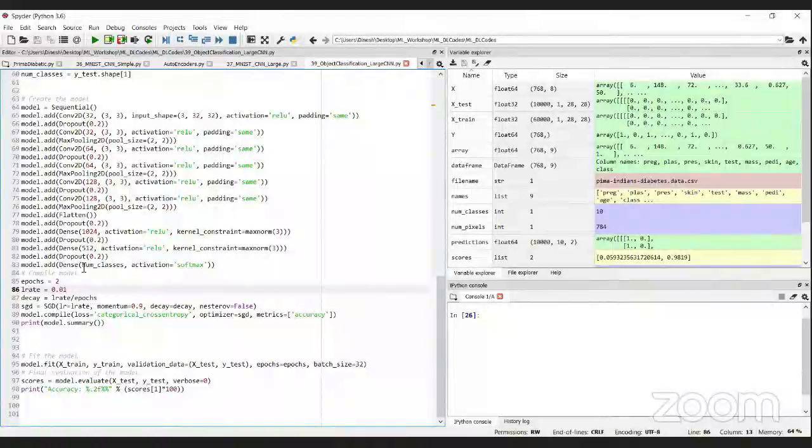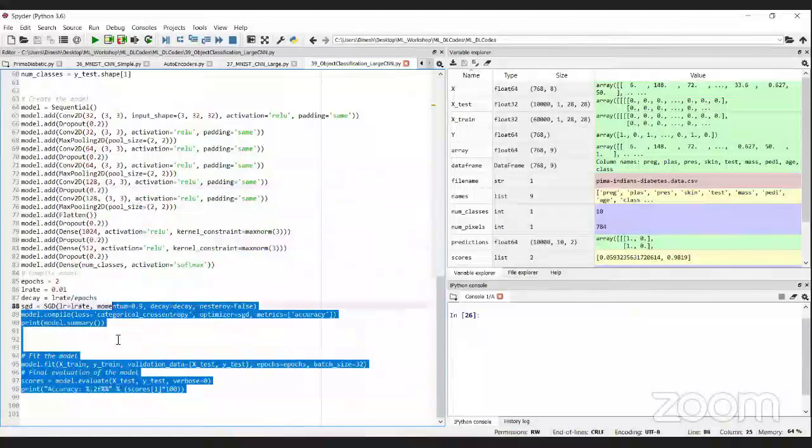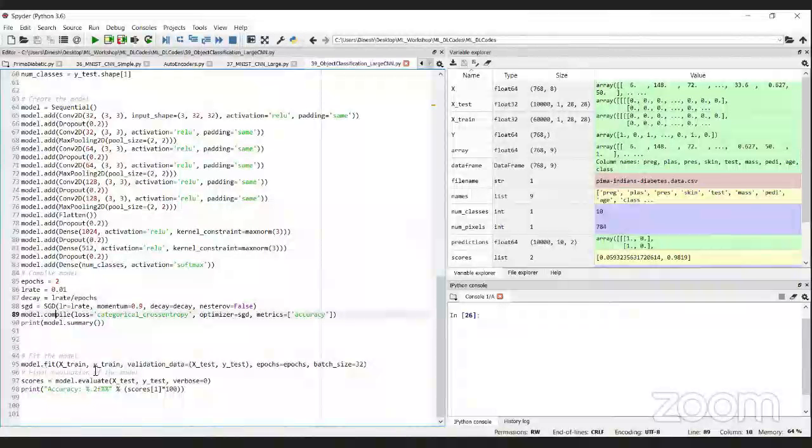Initially it starts with a bigger learning rate, and as we increase the number of epochs, the learning rate becomes smaller and smaller. That's what I am defining here. The rest of the process is the same: it will fit the model with the training data and validate or test with the testing data.